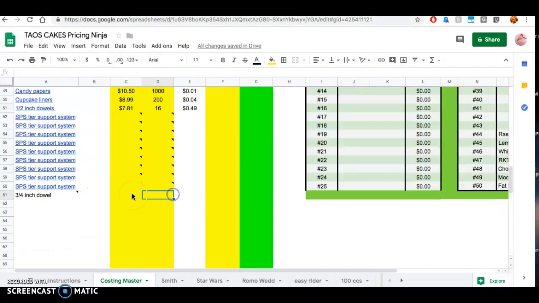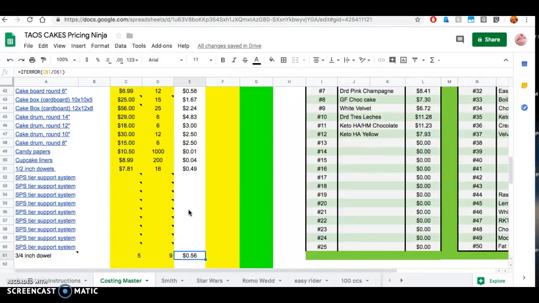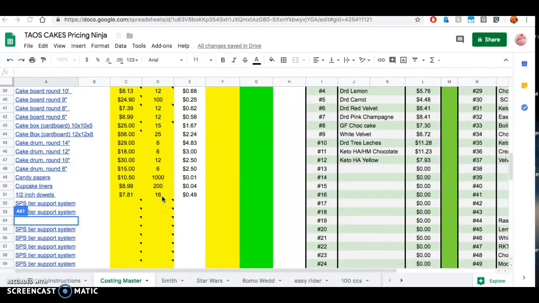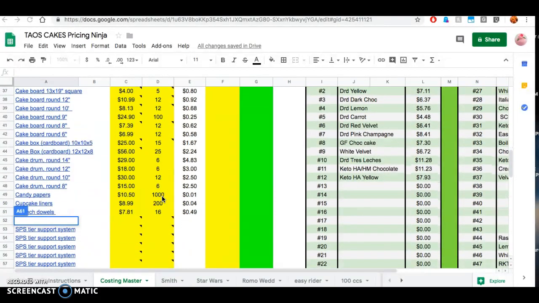but that's how you would add a link. So let's say you get a dowel, let's say you get 5 dowels for $9, okay? So that means that they're 56 cents a piece. This is already going to calculate for you. So that's a really super simple way to add things that may not be in here in terms of extra supports and things. Sizes of cake boards, cake rounds,